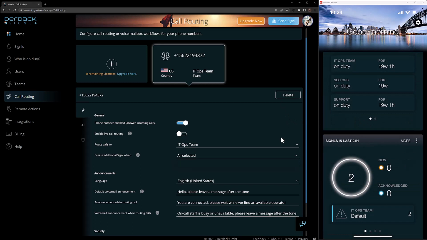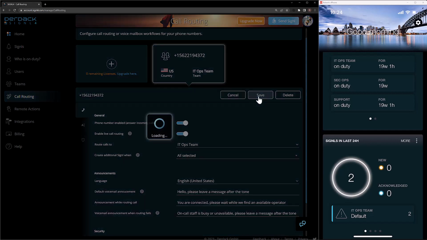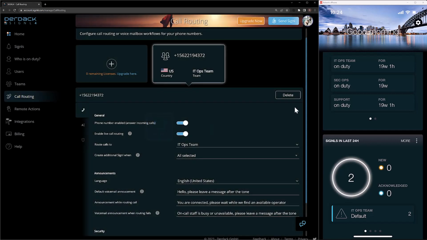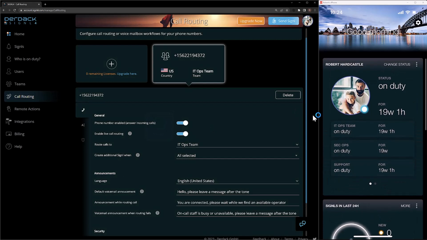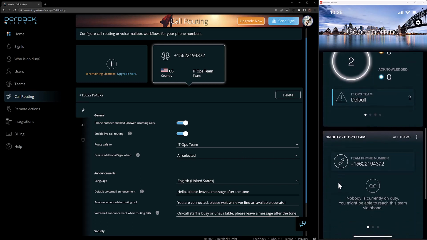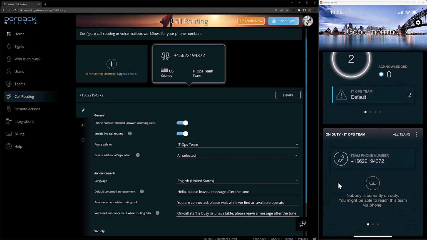Now, if we have no users on duty, this is going to work the same way as if we have live call routing turned off. So I'm going to go ahead and re-enable my live call routing, but I'm going to have my user go off duty for my IT ops team. He stays on duty for the other two teams, but he's off for IT ops, which means I have nobody on duty on my IT ops team at this point. As we can see here, it's going to tell him we might not be able to reach this team